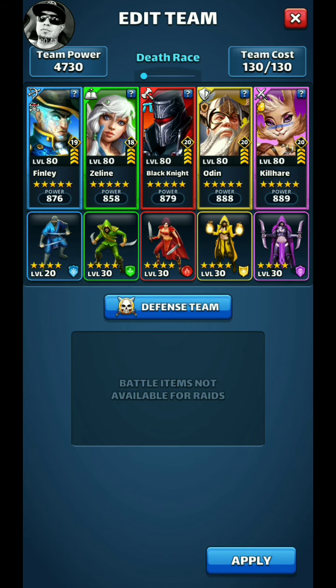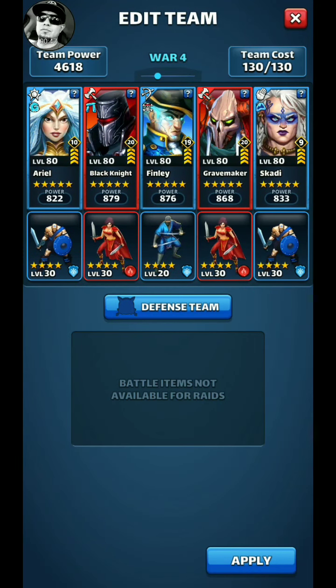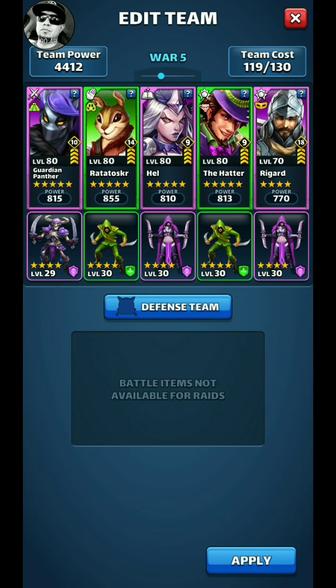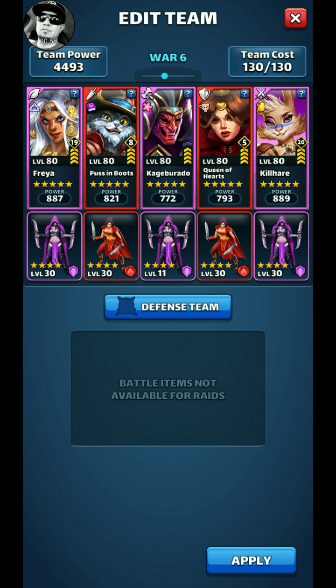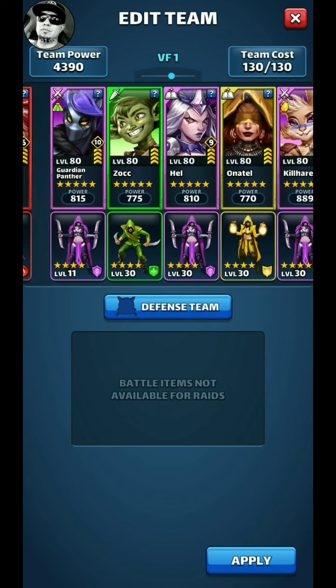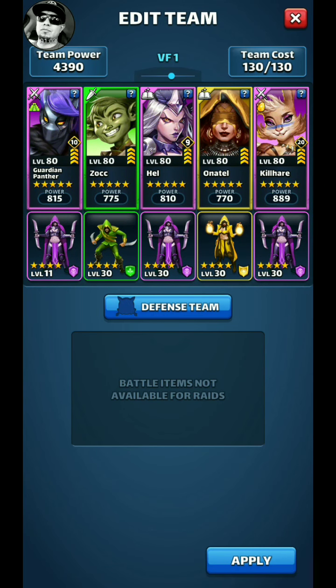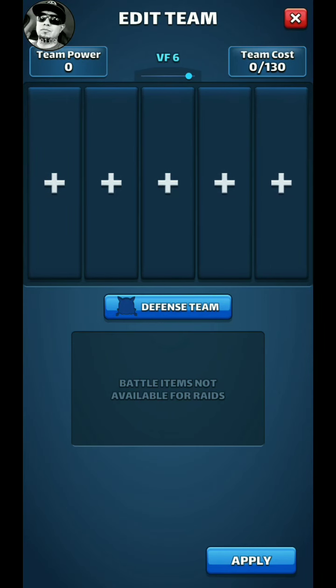I have a slot for every war team, just for all the other war rules, because I always forget what works, based on the teams that I've tested in the past. So I just save them that way. I have one slot to test new teams, and then I created one for each of the Very Fast War teams that I've been playing with. But anyway,